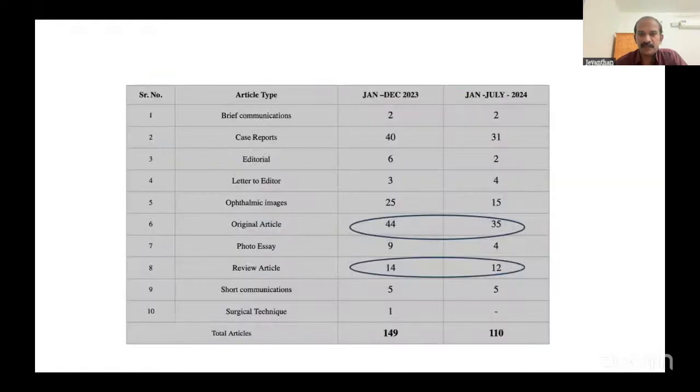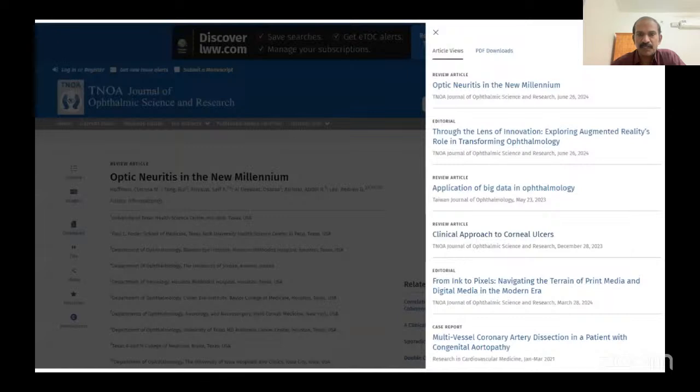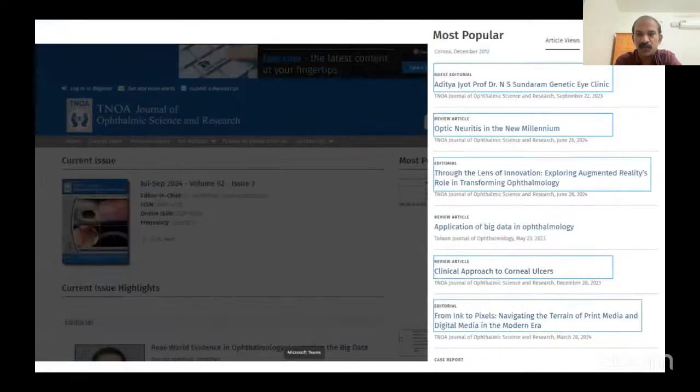As you can see here, the journal has been growing extraordinarily. The 1-year data was already reached in 6 months in 2024. We have an encouraging number of submissions throughout the year across the globe. This is one example where we had an international publication, and it took us a long way to get the publication in our journal. Now, in every issue we have a separate section dedicated to international authors, and we are overwhelmed with the response.